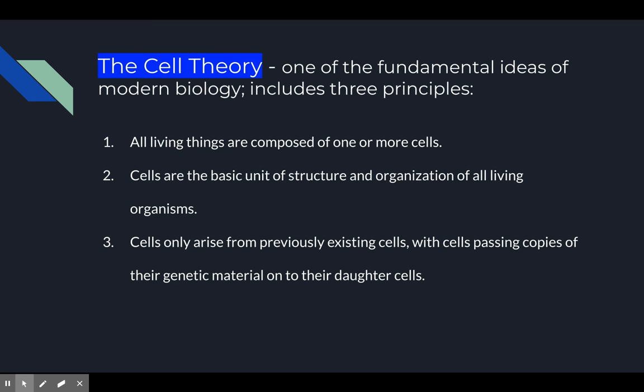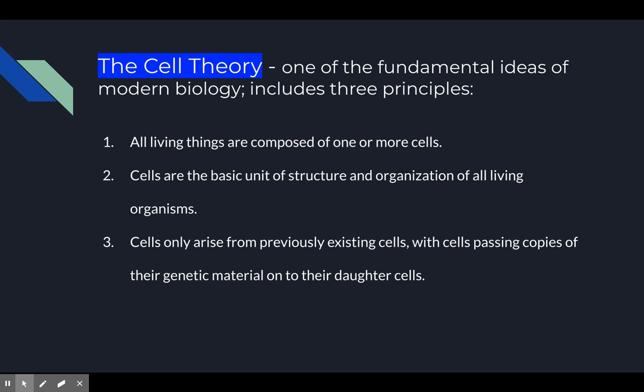So, the cell theory is one of the fundamental ideas of modern biology, and it includes three principles. One is all living things are composed of one or more cells. Two, cells are the basic unit of structure and organization of all living organisms. And three, cells only arise from previously existing cells, with cells passing copies of their genetic material onto their daughter